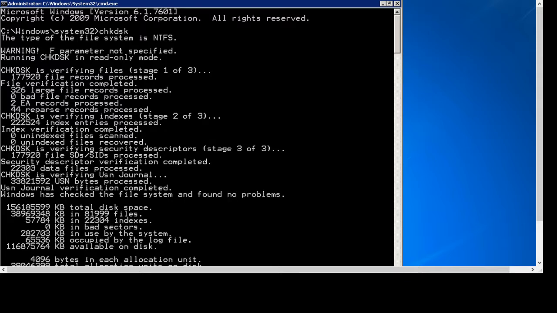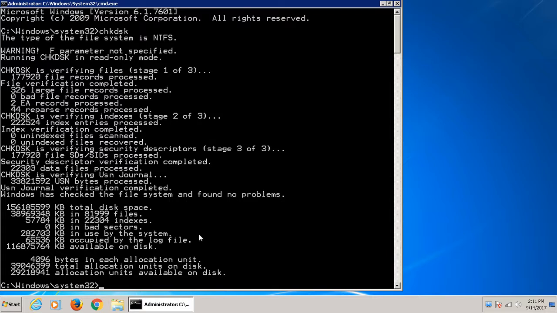But as you can see on screen, back to the command prompt, I'm going to show you how to kick off the scan for real, which I recommend you run a real check disk scan periodically, once a month or whatever you have time for. I don't think you need to run it every week or every day. Even once a month might be overkill, but definitely maybe after a power outage,